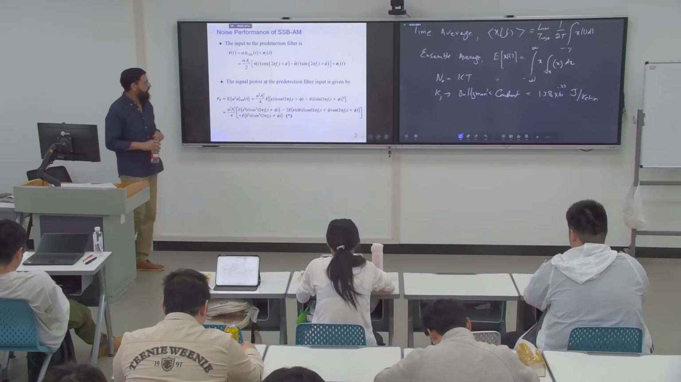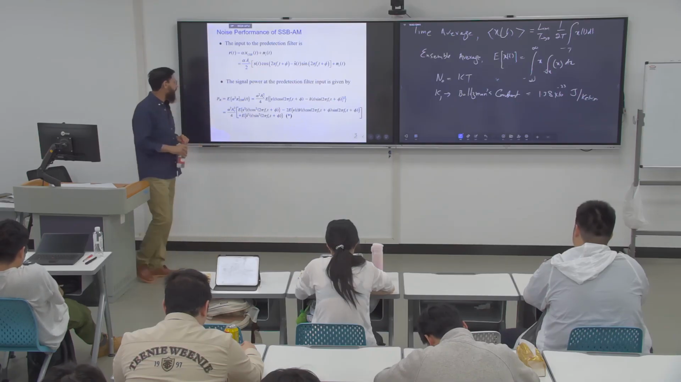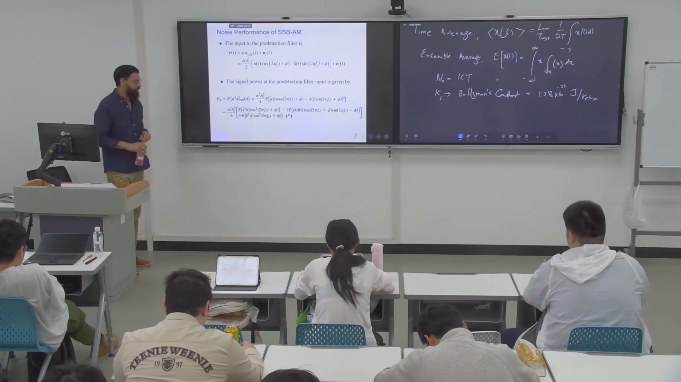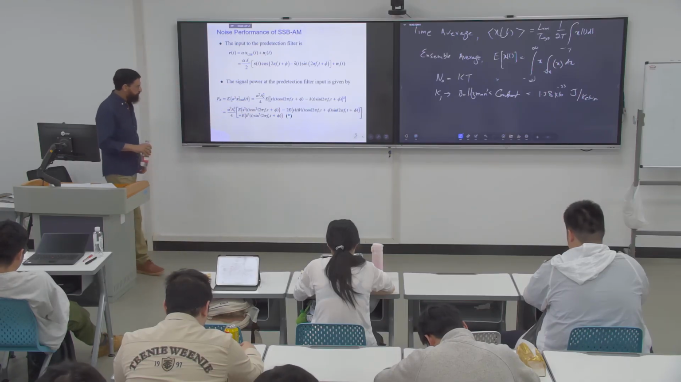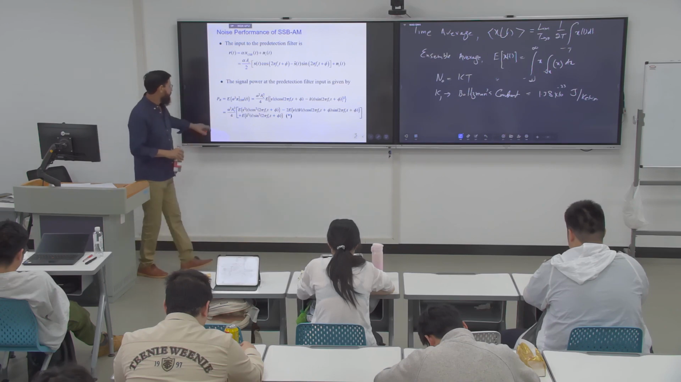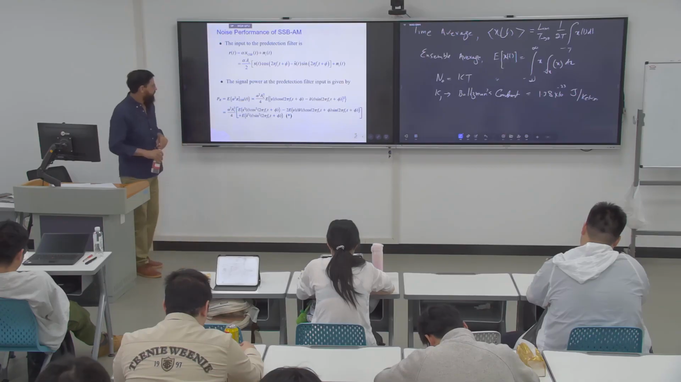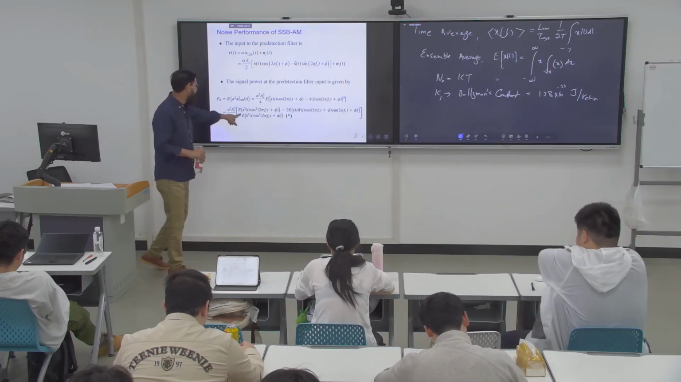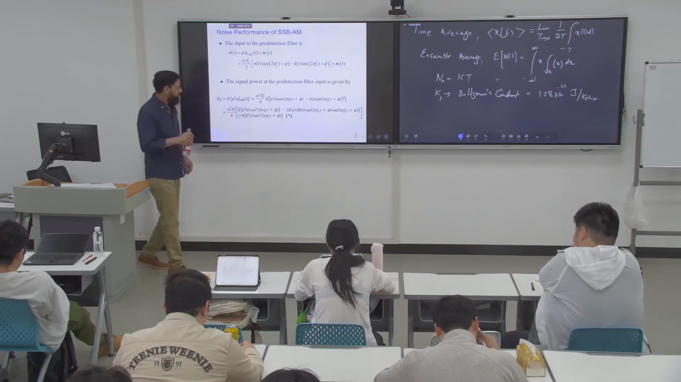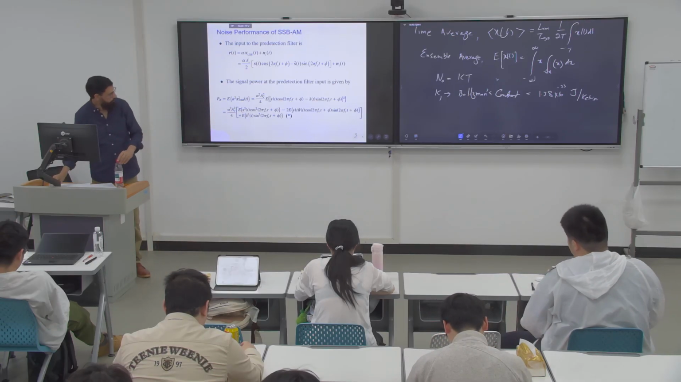The signal power at the pre-reduction filter input is given by, well, power, right? So the expected value of this is equal to here, the expected value of those. When you simplify, you will get this, right? The expected value of the, well, these are constants, so you take them out. Now, the expected value of those, and